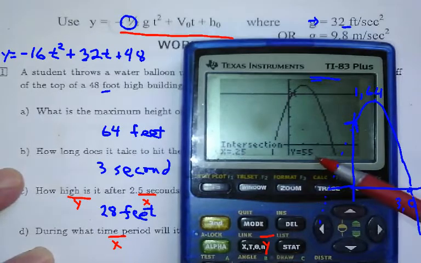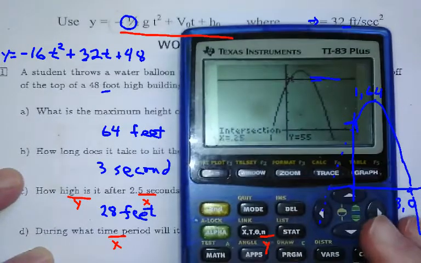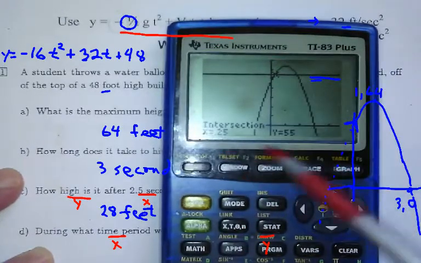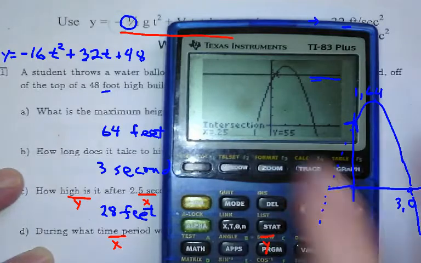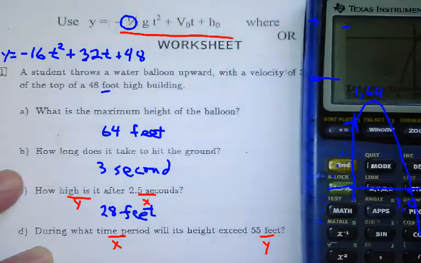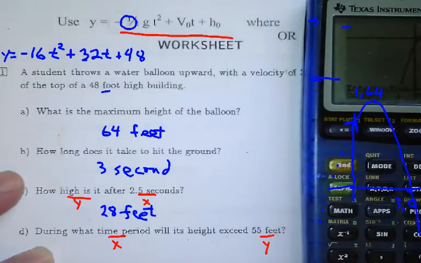At 0.25, it was 55 feet high. So 0.25 is one of these values. So I'm going to say between. What time period was its height above 55? So between